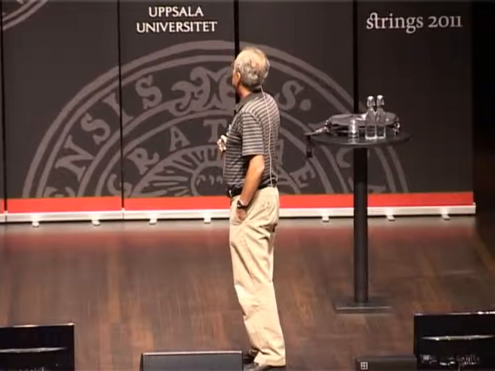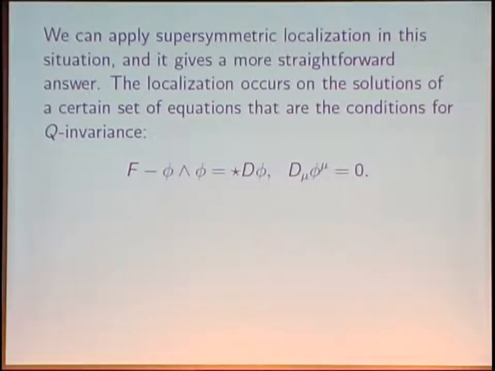D is the covariant derivative. F is F mu nu, the Yang-Mills field strength. And remember, at the beginning of the lecture when we constructed our supersymmetric Wilson operators, we took 4 scalars and we combined them together into a one form on spacetime, enabling us to add them to A to make A plus i phi. So our equations are equations for the gauge field and phi, and in a compressed notation, they look like this.